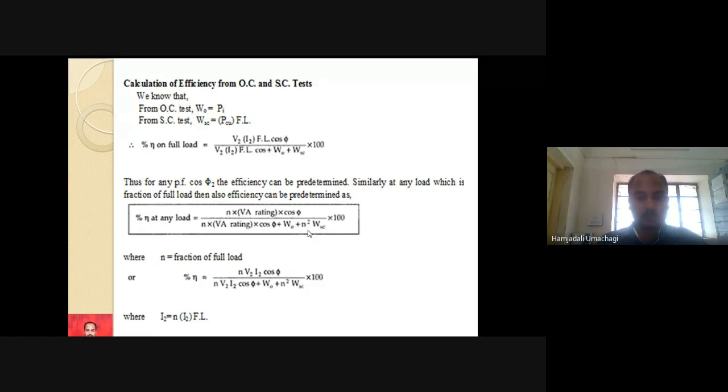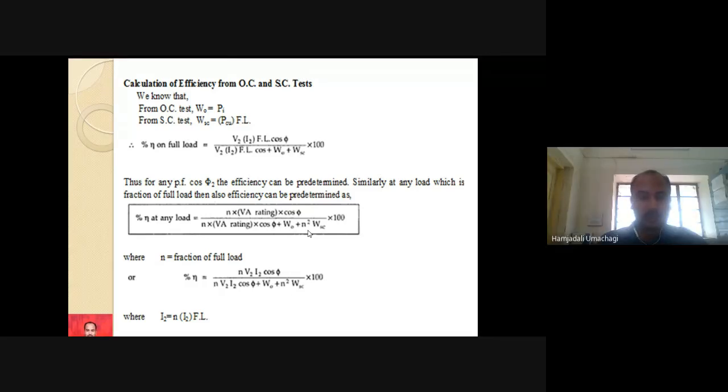I am just revising all the things that I taught you in the previous class. Is it clear? Yes, sir. So this is how you can calculate efficiency using OC and SC test. Here I have used OC test iron loss and SC test copper loss. Now similarly, using OC and SC test, how to calculate